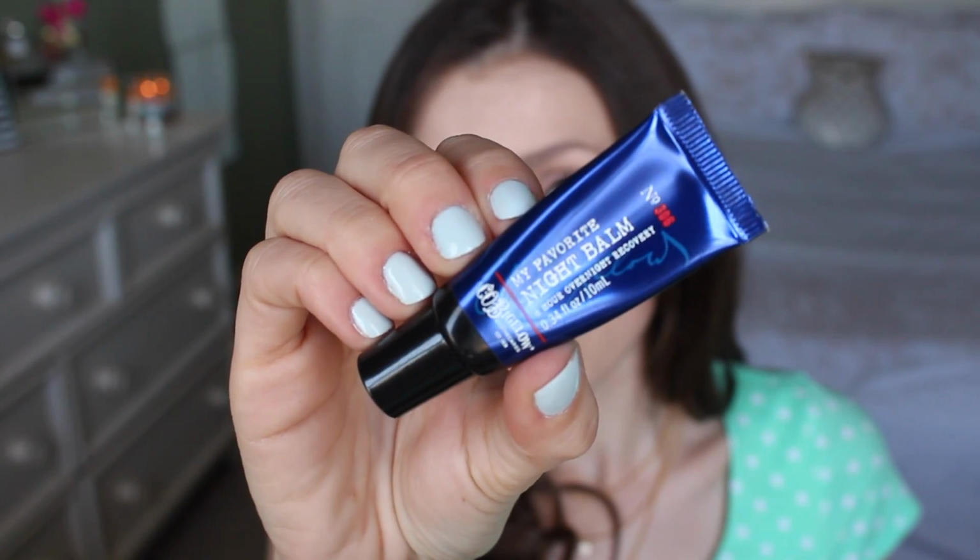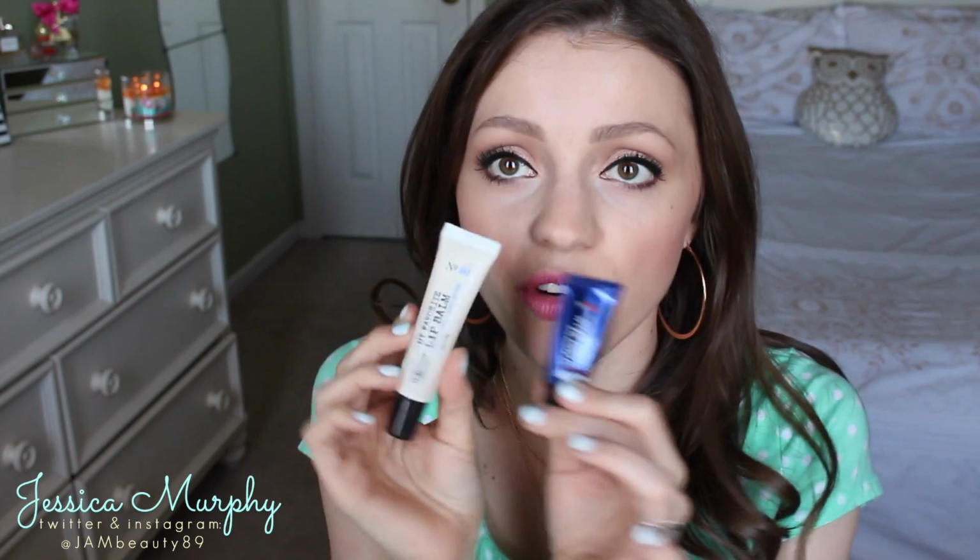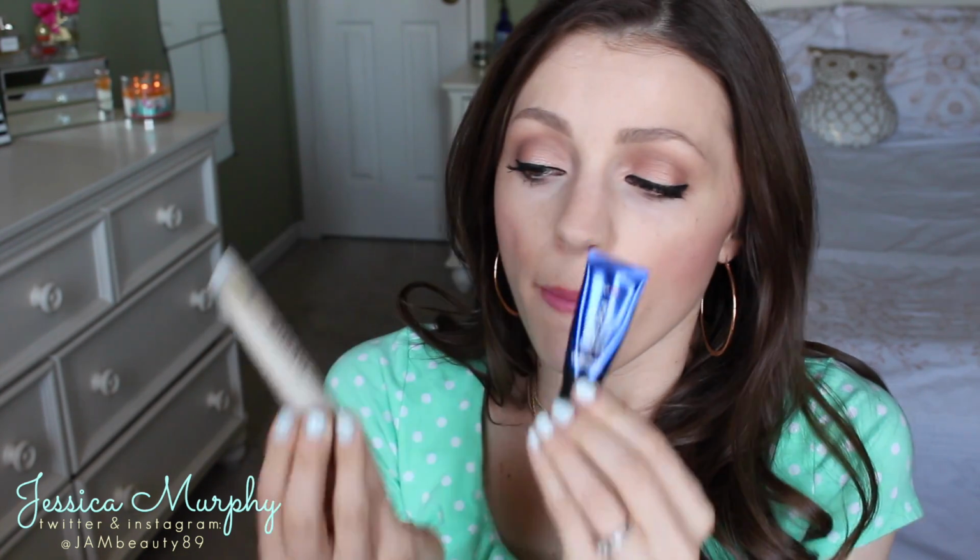The next thing I wanted to mention is a lot more practical than all of these, and this is the C.O. Bigelow My Favorite Night Balm. This is a lip balm that's meant to be used obviously at night, before you go to bed, and it's a really nice, thick, luxurious lip balm, and it's maybe $6 or $7 at Bath & Body Works and anywhere else online you can buy C.O. Bigelow. I actually have the My Favorite Lip Balm, which is the day version, and it's actually bigger, but